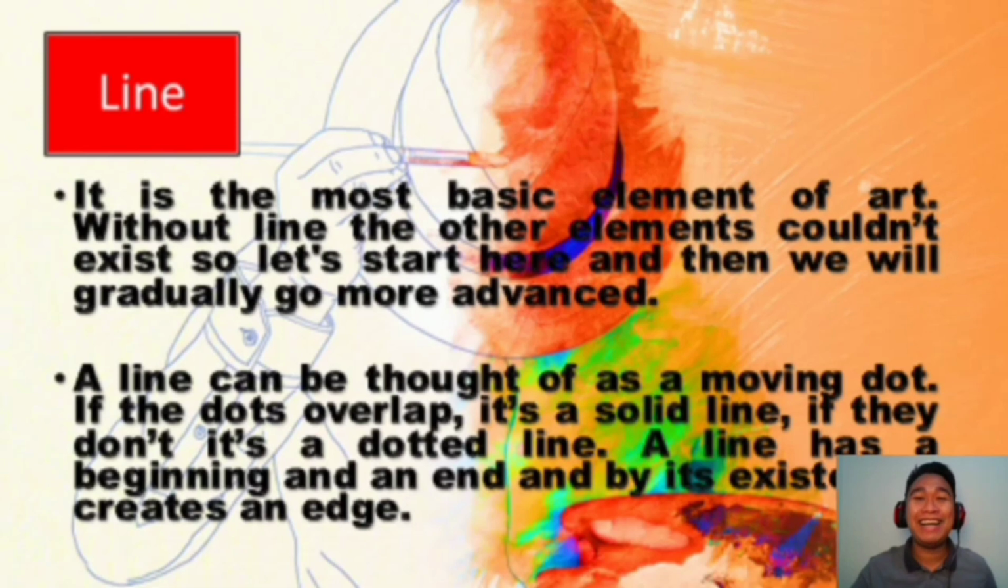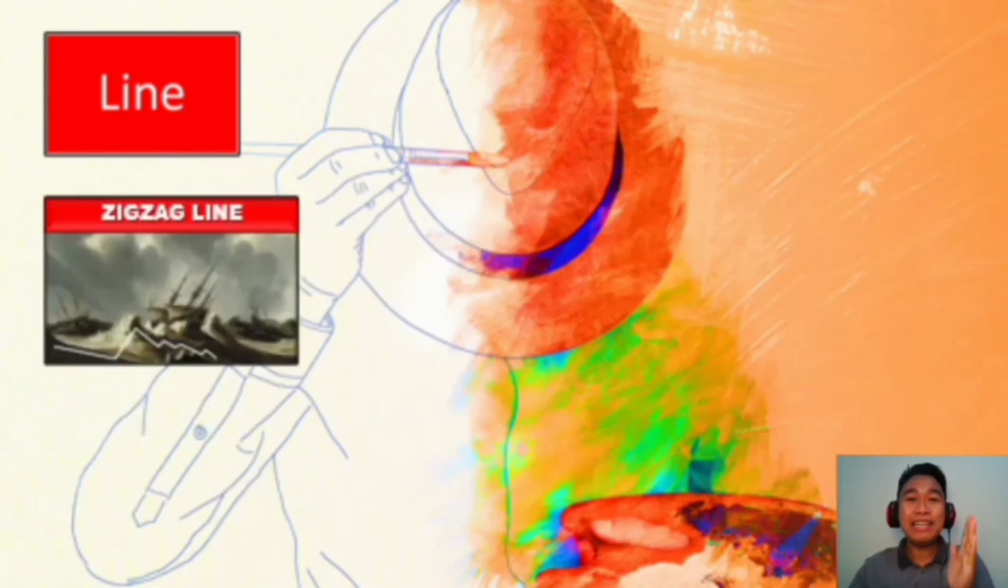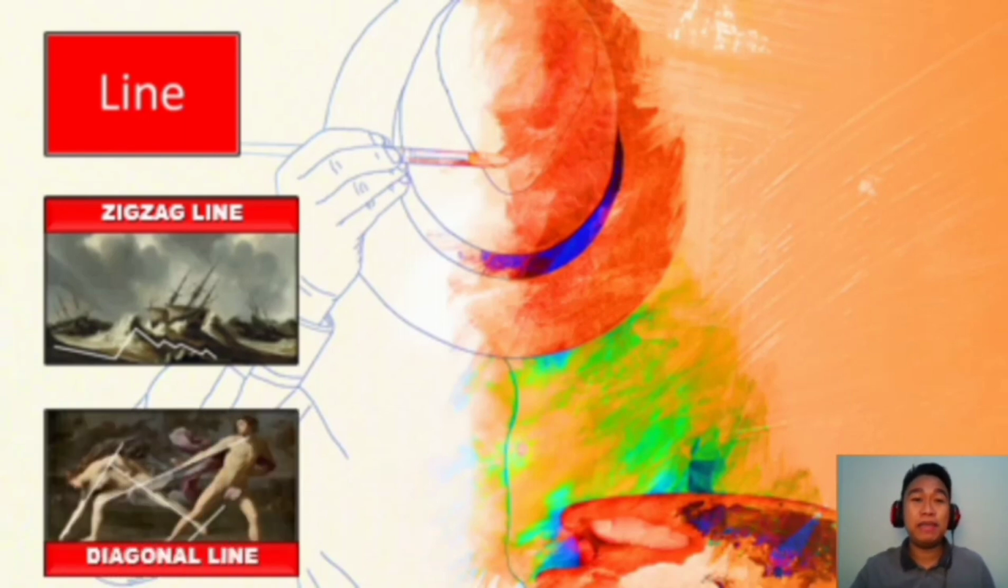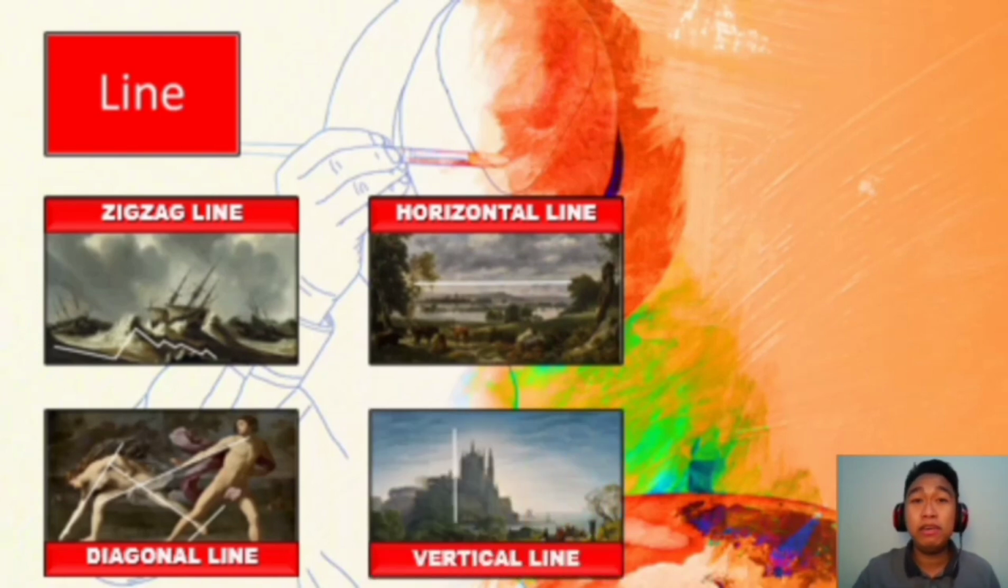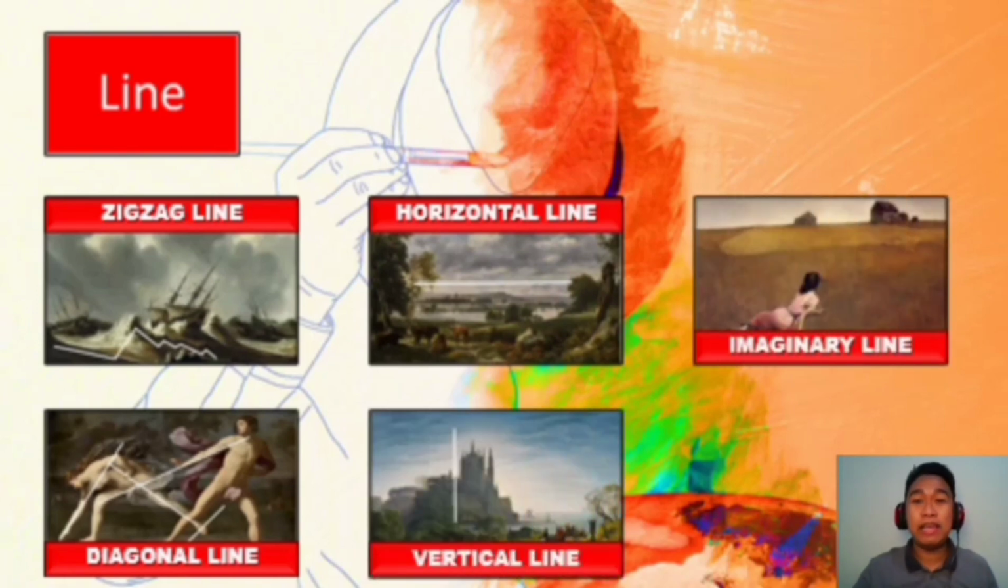Okay, kidding aside mga kanakan, it creates an edge also. So in line, meron po tayong iba't ibang uri when we see a different masterpiece. We have a zigzag line, we have diagonal line, we have a horizontal line, and the last one is the imaginary line. When we talk about zigzag lines, mga kanakan, zigzag lines alter the direction fast and create feelings of